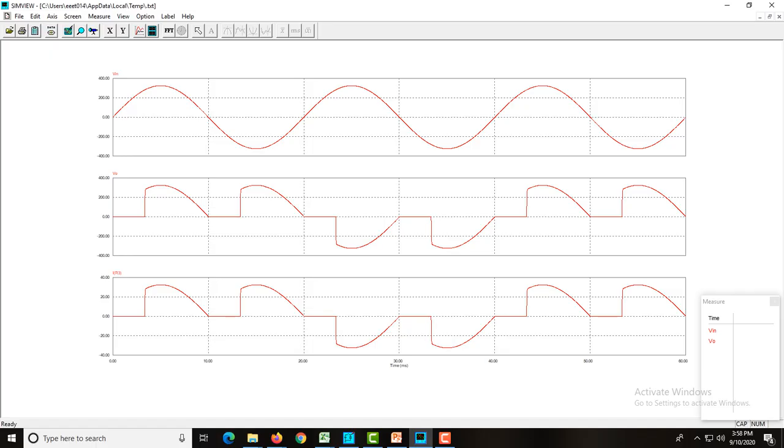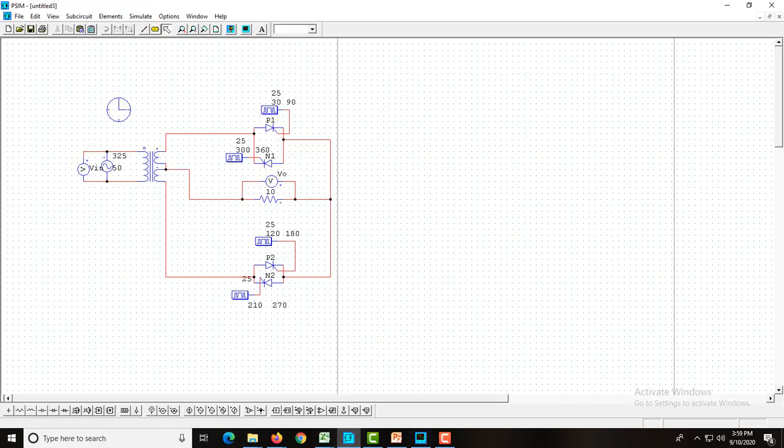So if we measure the voltage, we'll have the RMS value of voltage as different values for the different values of firing angles. If you are increasing the firing angle, the output voltage will decrease. So by varying the sequence, we can vary the frequency. By varying the alpha, we can vary the output voltage. So this is for a frequency of 25 hertz. Similarly, we can go for the